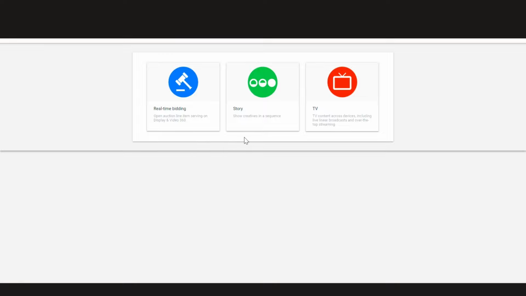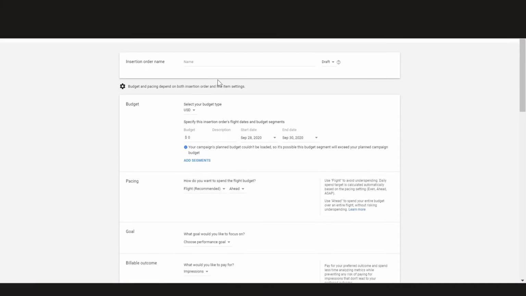Apart from it, we have story and TV. TV is basically a new edition that has been recently made, and story is very much similar to the carousel ads that we create in Facebook. So we'll now first start with real-time bidding and let's see how it goes.